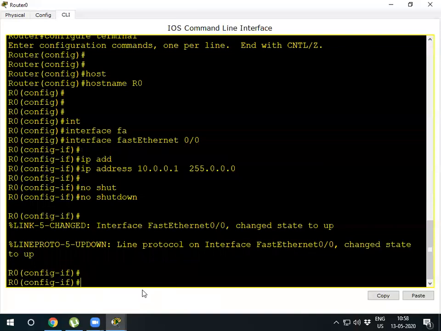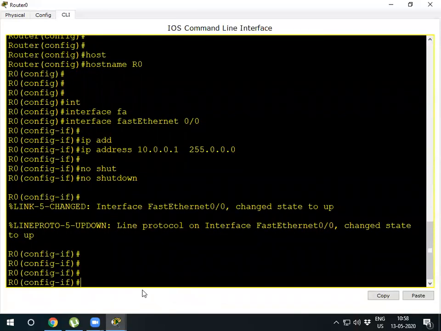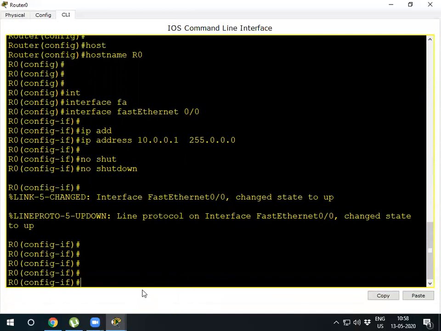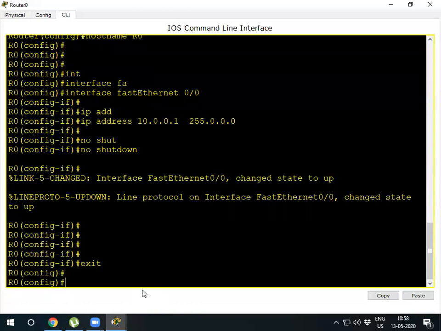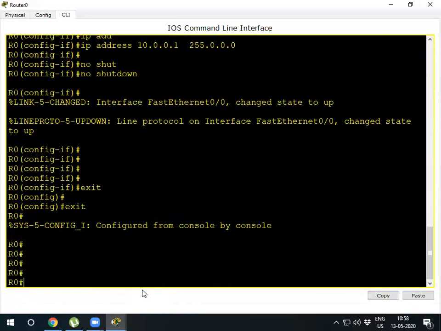So how to know what IP you have got on fast Ethernet 0 by 0? Simply exit from this mode, and again exit from this mode, and we get the privilege mode, that is the hash mode.